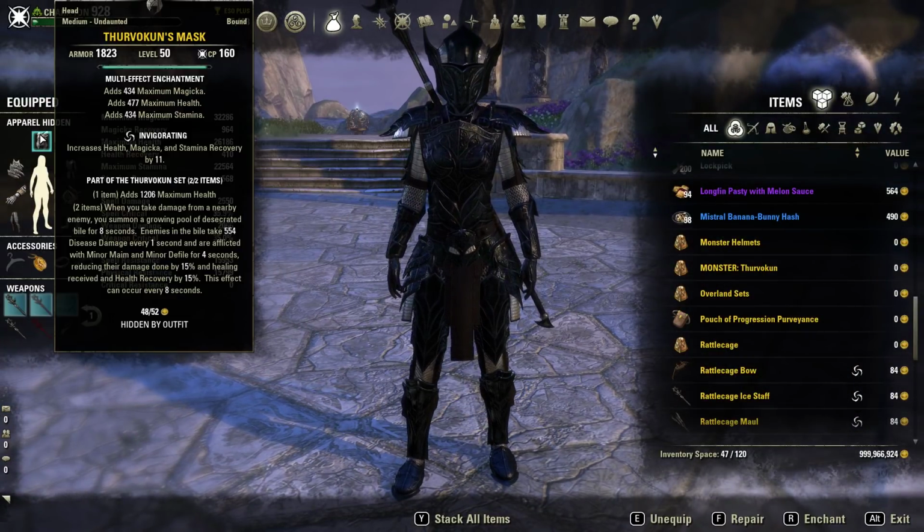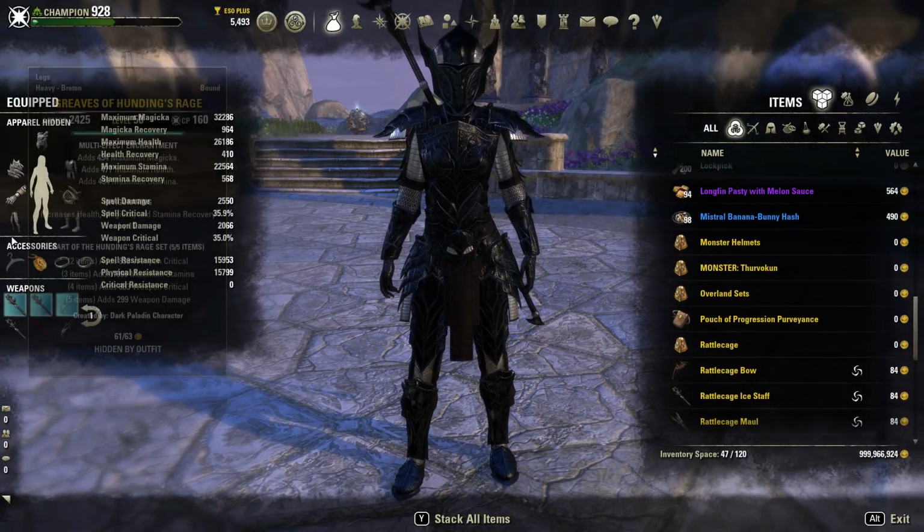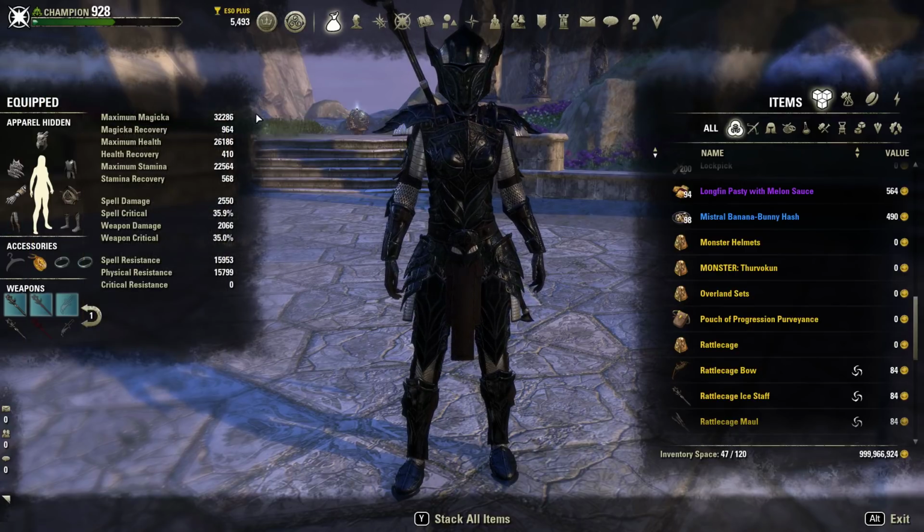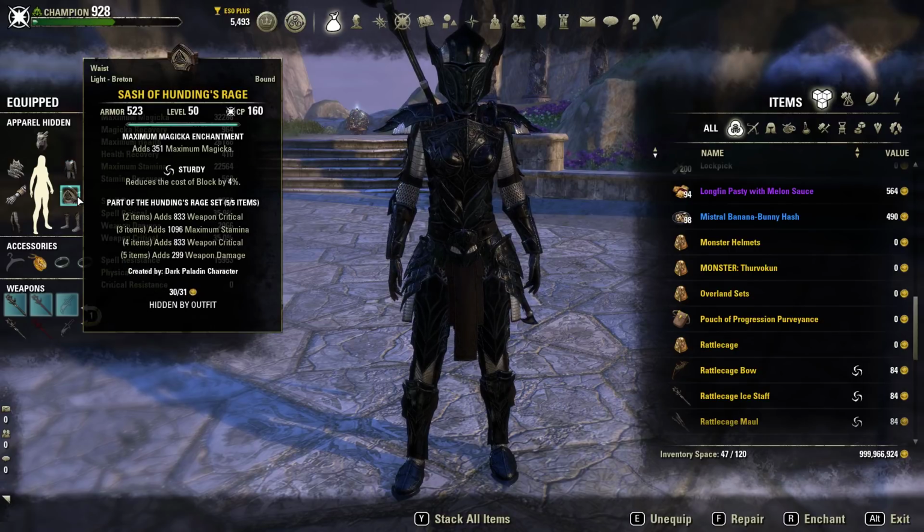And then the traits on our gear is 3 invigorating on the big pieces. This is just going to allow us to have a greater stamina recovery. This is our magic recovery, so we can take advantage of that when we need to. Moving on down here, we do have